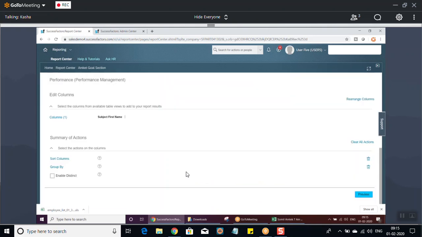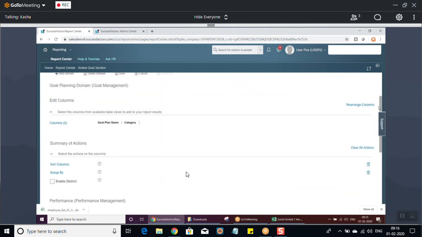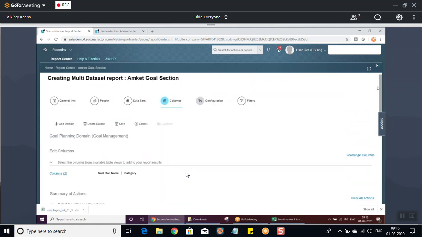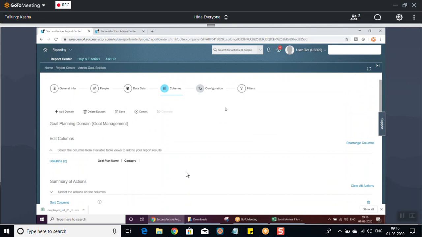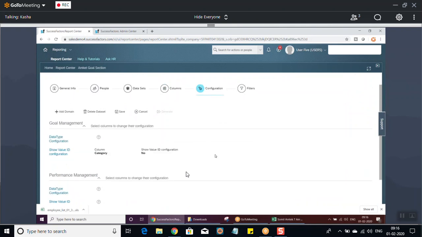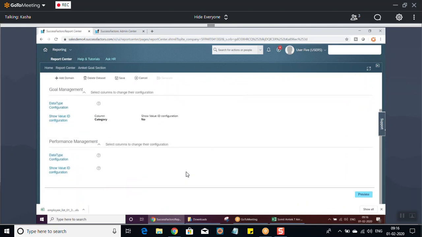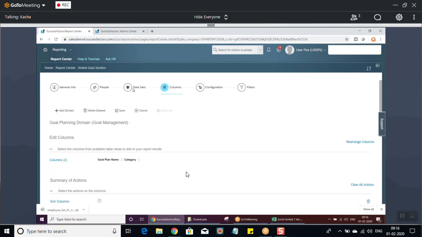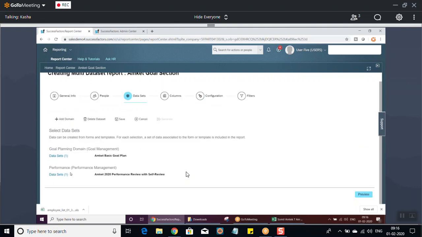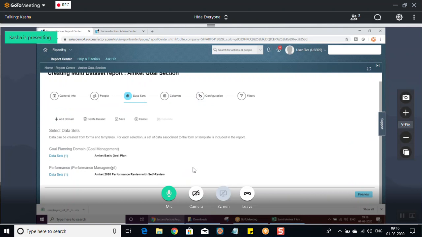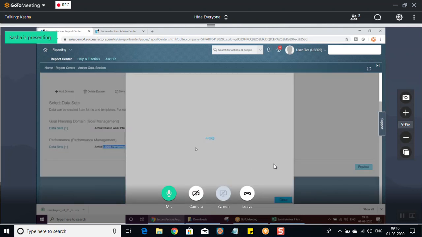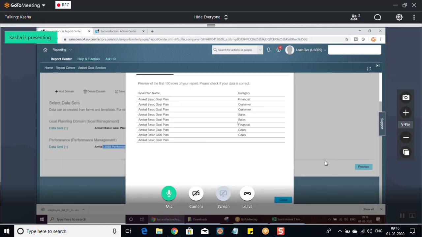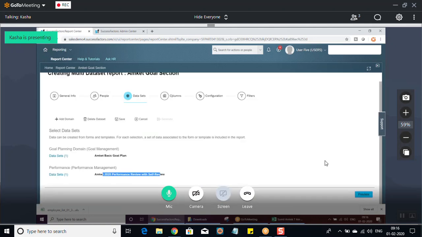Not quite sure, team, why it is not taking your cross domain here. So ideally, I think there must be some mismatch here. So in this section, you have your data set here. You can see in the data set we have selected MTech here, and then this is a performance and the self-review, right? Both are the same template here,